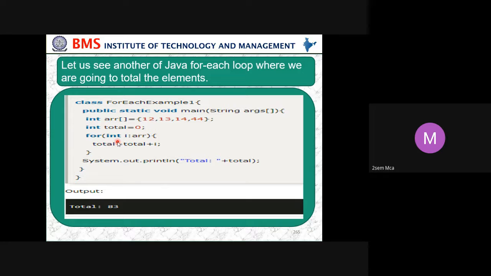Like this we keep changing the elements. Then for int i in the array, total equals total plus i, like this we keep adding and display them. So now 12 plus 13 plus 14 plus 44, we are getting 83.